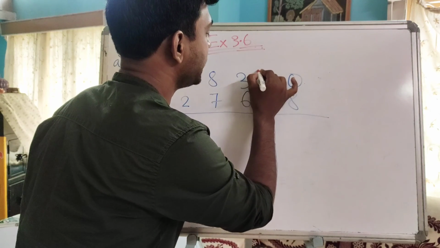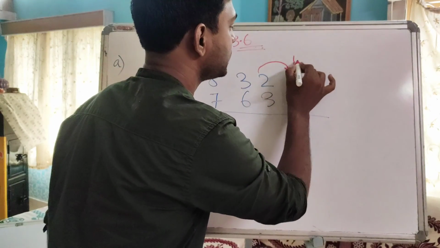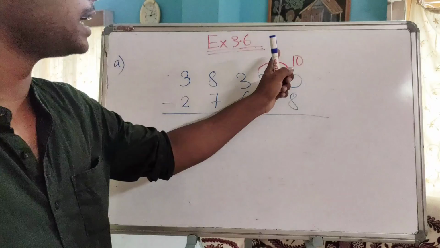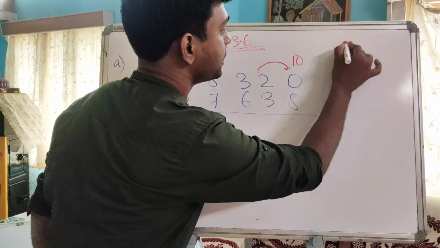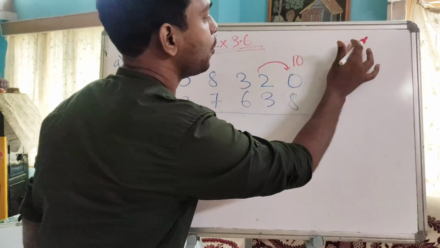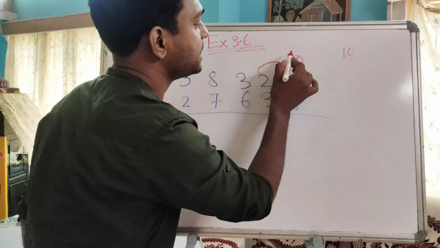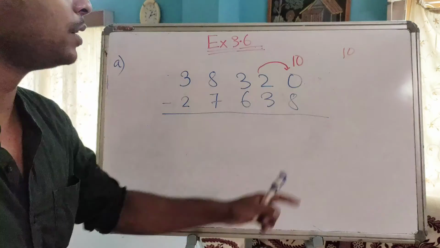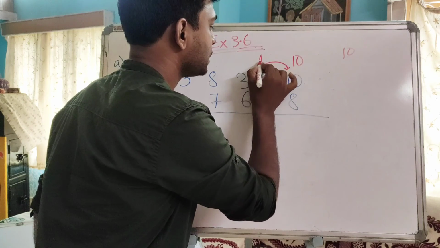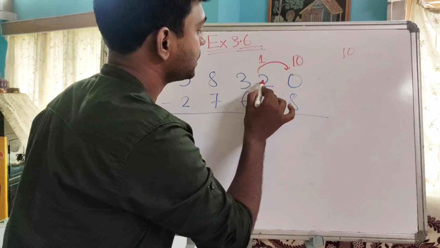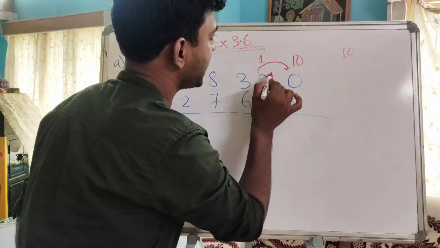So this tens place will give 1 to this place and this will become 10. Why will it become 10? Because the value of this place is 10. It has given 1, but 1 in this place means 10 because this is tens place. So we will consider it as 10. Now this place has become 10 and this will become 1. Why? Because it has donated 1 to this ones place. So this will become 1 rather than 2.